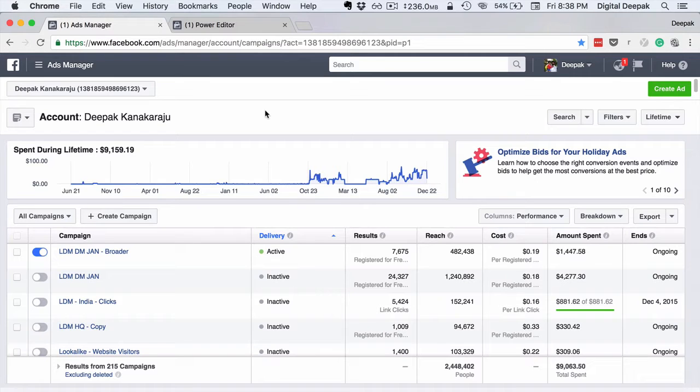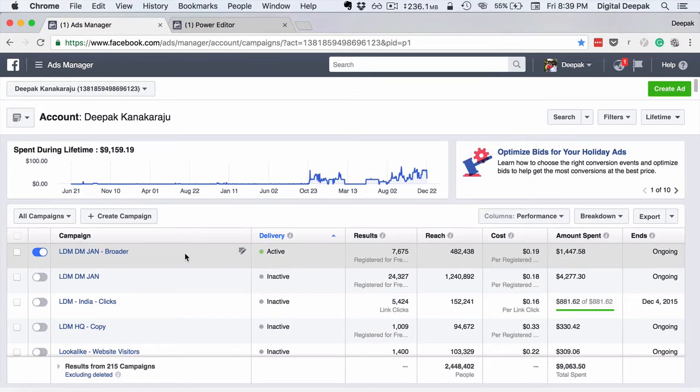As soon as you go into the Ads Manager, this is the screen that you would see. You can see the lifetime statistics from my account. You can see the campaigns that I am running. Basically, this is the campaign I am running to get subscribers for my blog and my free digital marketing course. Of course, I run ads for the companies that I work for and my clients as well, but I am not supposed to reveal the data from their account. That's why I'm using my own account here.